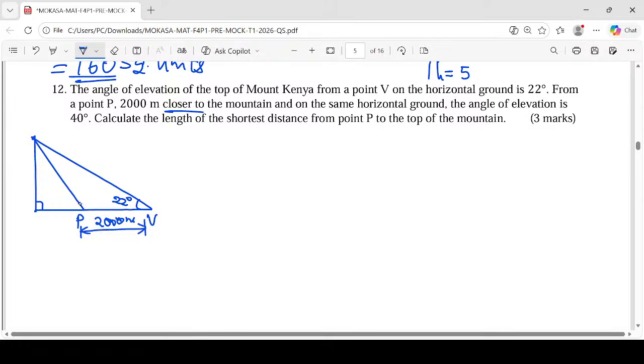The angle of elevation at that particular point is 40 degrees. Calculate the shortest distance from P to the top of the mountain. The shortest distance of P to the top of the mountain. This is the top of our mountain. That shortest distance P, the shortest distance